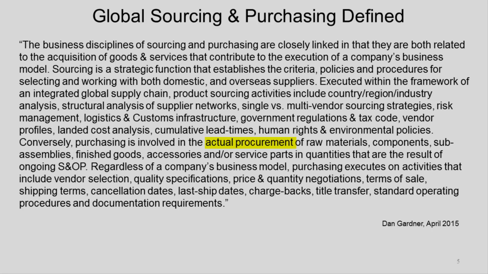So the actual procurement of raw materials, components, subassemblies, finished goods, accessories, again, depending on what inventories we're dealing with or what type of product we're dealing with, that are the result, once again, of ongoing sales and operations planning. So regardless of our business model, purchasing executes on activities that include vendor selection, not countries, but vendors within a country, quality specs for our products, price and quantity negotiation, terms of sale, 30 days credit, 60 days credit, cash in advance, shipping terms, or Incoterms, as we also